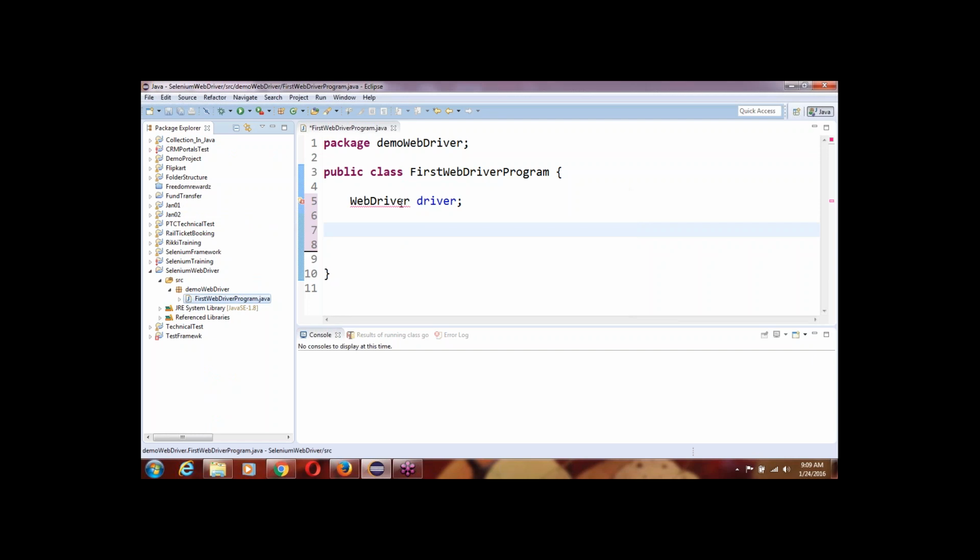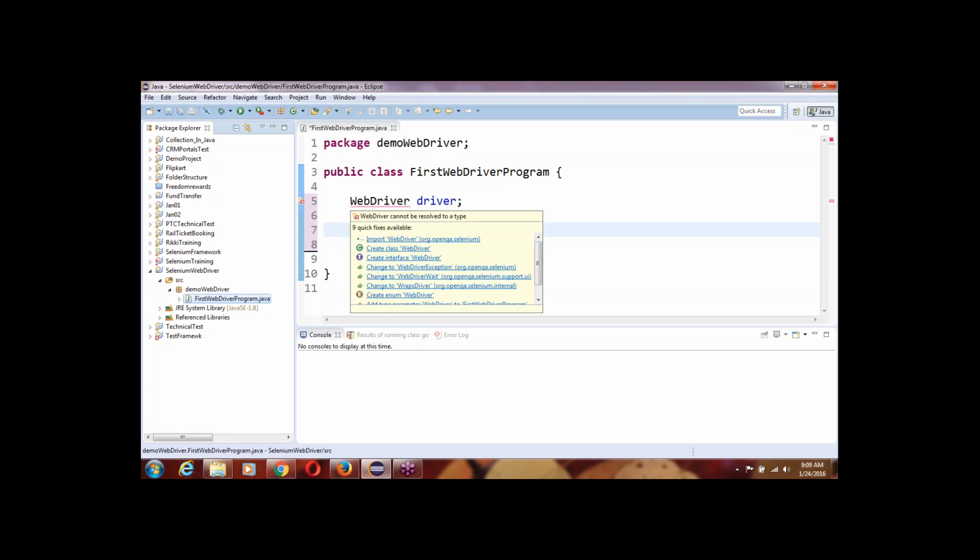Now when we come to our error part, when we are creating some variable, at that time we are getting those errors. When you move your cursor to the error text, the WebDriver text, then you can resolve it very smoothly. Here you can get a small quick fix, which will be Import WebDriver. We have to import this WebDriver, and when we click it,